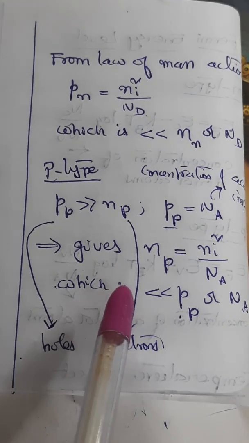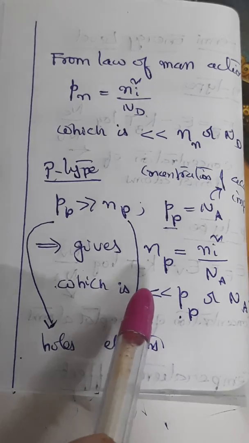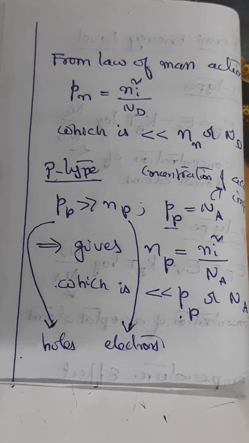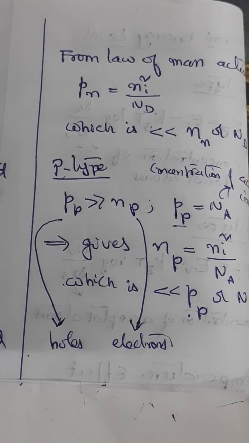Based on this, in the next session, we shall try to understand current transportation in extrinsic semiconductors. If you remember well, I told that the remarkable feature of an extrinsic semiconductor is that it is bipolar, meaning the current is transported in them through two different processes, namely drift and diffusion. So we shall try to understand them in the next session.